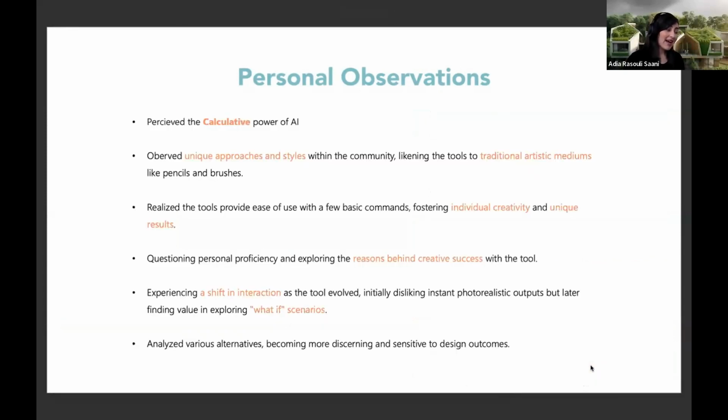As more time passed and I gained some experience with the tool, I started asking myself questions. Questions like, what am I doing and why am I good at it? What makes me good at it? The first concepts I started creating were Persian conceptual forms. I was always wondering what a combination of modern and historical Persian residential architecture would look like, and I